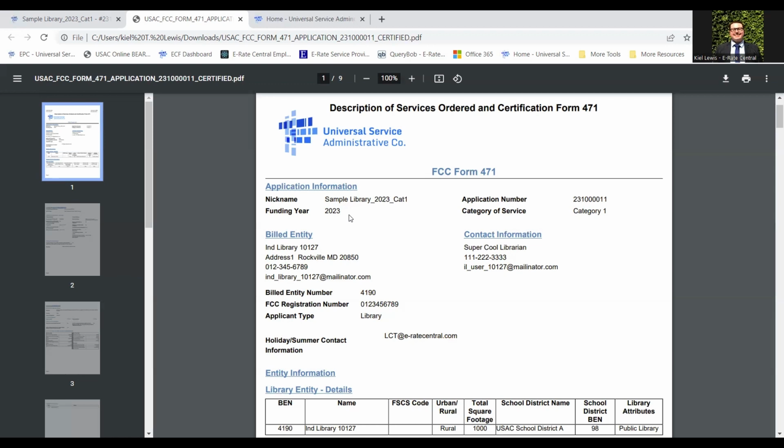After the reviewer is done reviewing anything that they need to review and receiving any documentation they need from you, the Form 471 will go to a wave ready status,